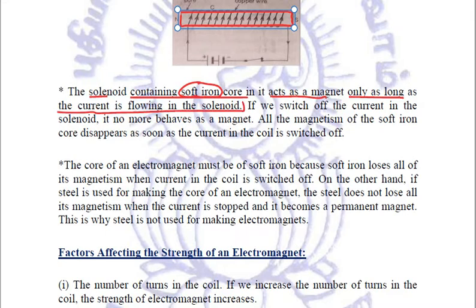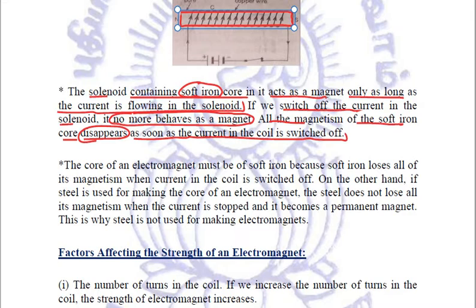The moment we switch off the current in the solenoid, no more magnetism is seen and it will not behave as a magnet now. So all the magnetism of the soft iron core disappears as soon as the current in the coil is switched off. That is why this is called temporary magnets,